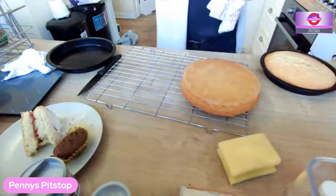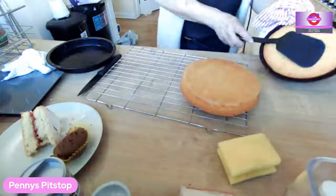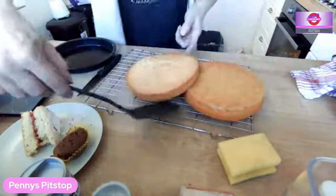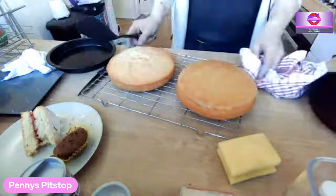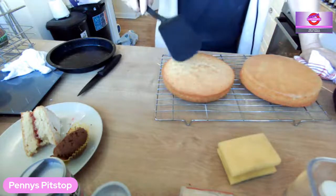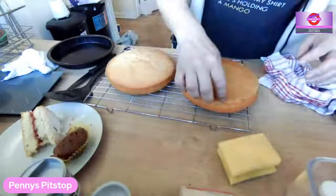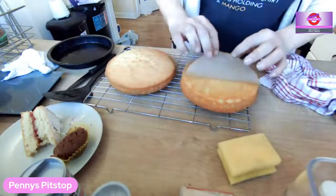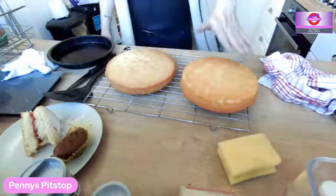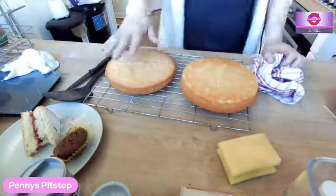Now normally I would use a second cooling rack, but I've only got two, and that one is being used by the cupcakes. So I've done my double flip. You'll notice that I've still got the greaseproof paper on there. That is going to have to stay on there until it's cooked. But this one's been left for a couple of minutes, and we just carefully peel that back. Ta-da! So we have no sponge stuck to the bottom of the tin,